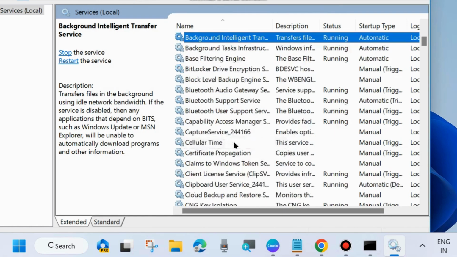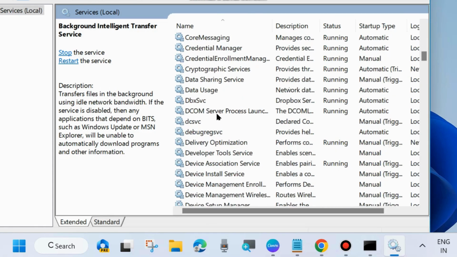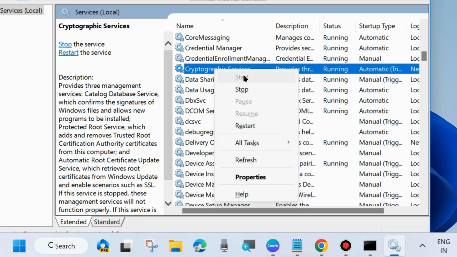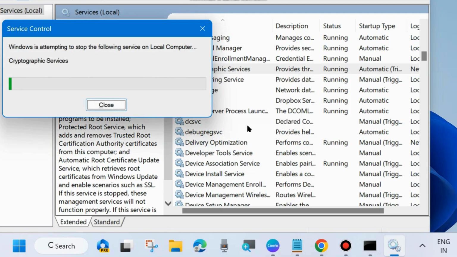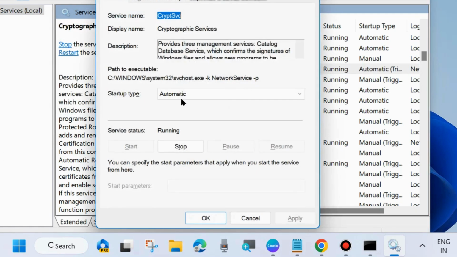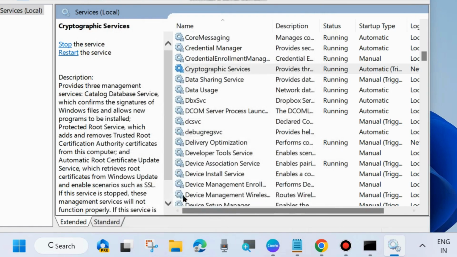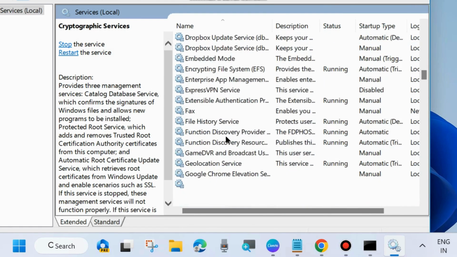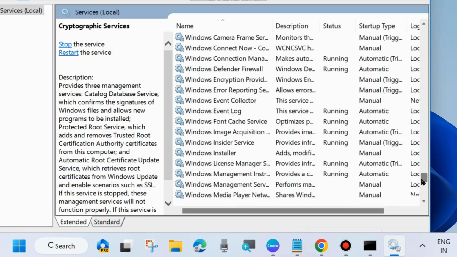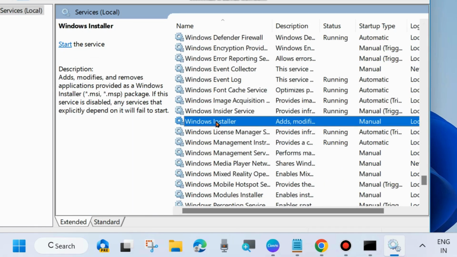the changes. The second service is, scroll down and look for cryptographic services. Same process, right click on it and first choose start, otherwise restart. Thereafter apply a double click on it to open its properties and go to the startup type section and set startup type as automatic and choose apply and OK to save the changes. The third service is, scroll down and go to W alphabet and look for Windows installer service. Same process, right click on it and choose start, otherwise restart,